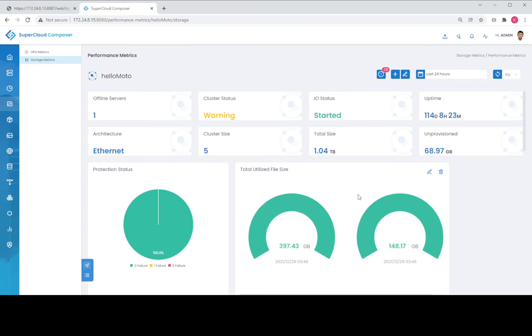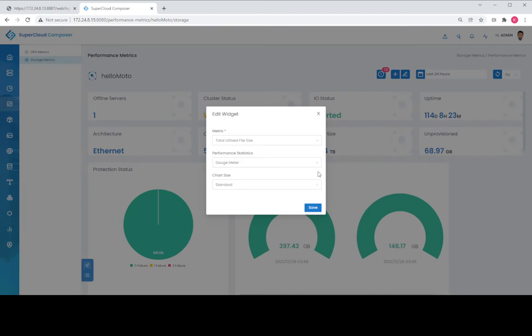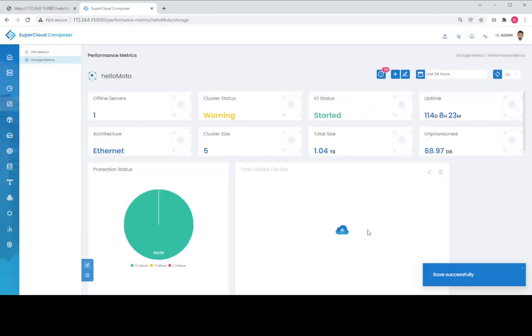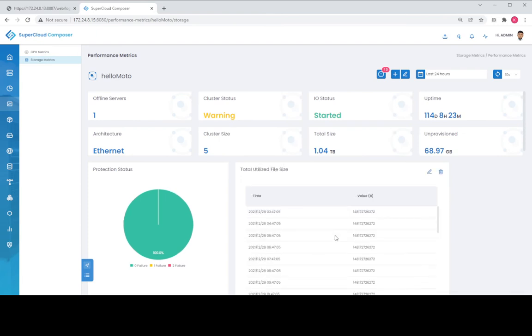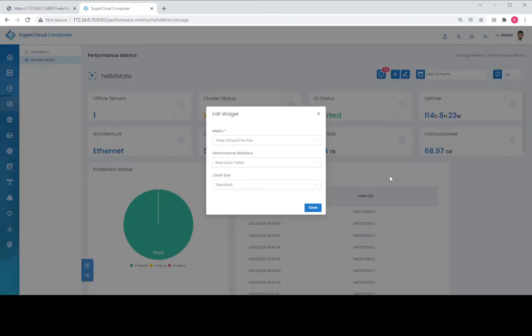So that is actually adding the widget, but we also provide a really nifty way to change the type of charting that's represented within the dashboard by simply clicking on the pencil icon and then going ahead and changing the chart to say raw data and then saving it. And then at that point, we chart basically raw data. And then you can certainly flip that back if you like to a gauge meter. So let's go ahead and do so here. So we'll select the gauge meter. And again, it changes